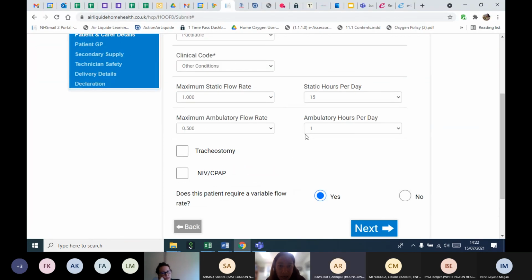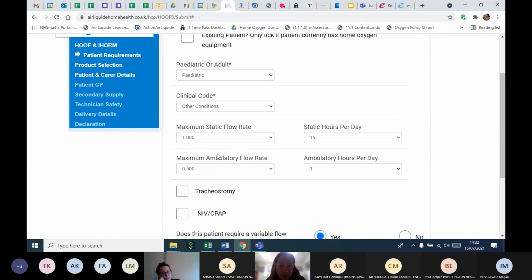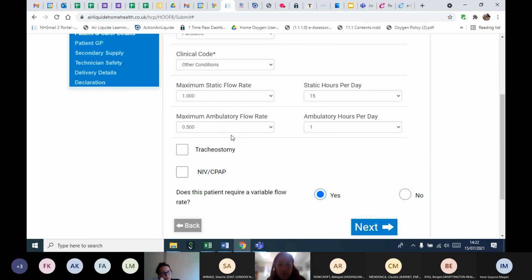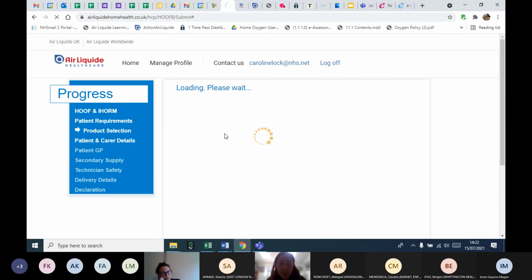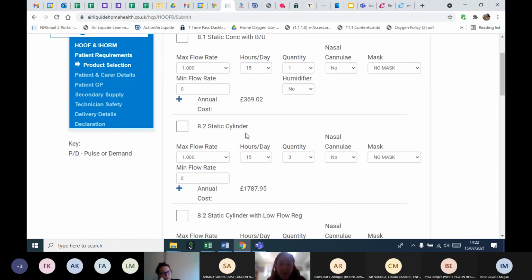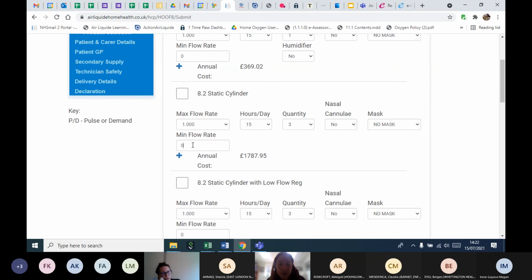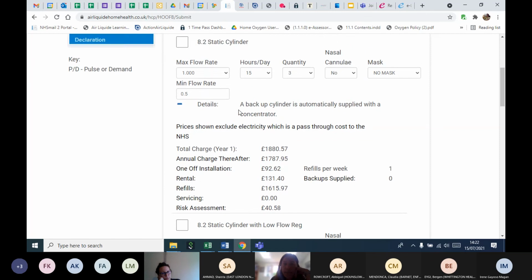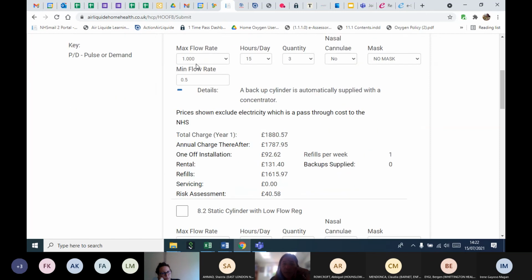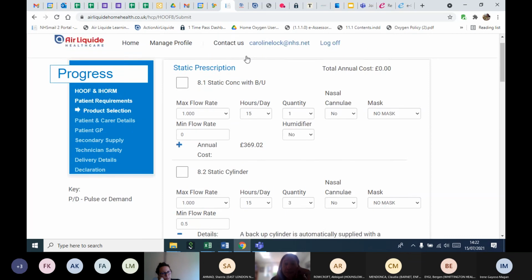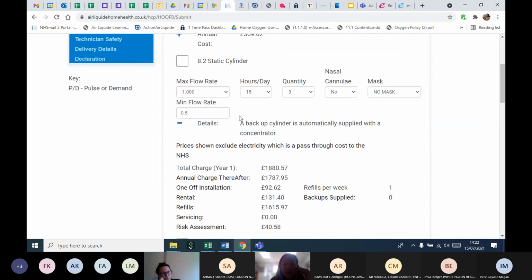Okay, so great. Let's move on a little bit here. So if I look at this particular one here, 1 to 0.5, I'm just reducing it a bit. If I press this plus button down, it's saying here at 1 litre per minute, and actually, do I consider a static cylinder then, rather than a concentrator, because that's quite a high flow rate,